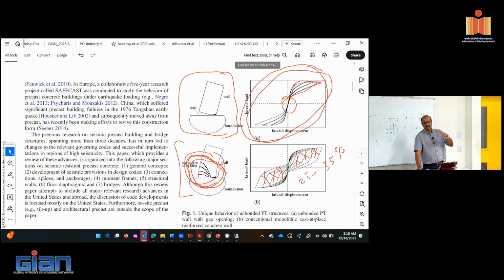A cast-in-place structure, whether it's a bridge or building or warehouse or whatever, once it goes through a large amount of inelastic deformation, will typically be leaning in one direction. And when that happens, the choices are pretty limited. You have to take the structure down and rebuild it. But with precast, if you can use that concept, then one could appreciate that if the damage is limited, you can repair it and hopefully reuse it. So